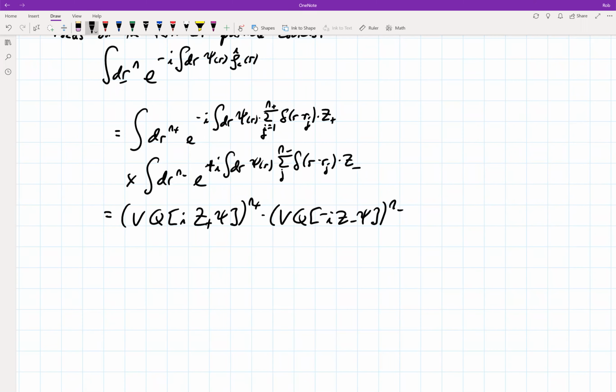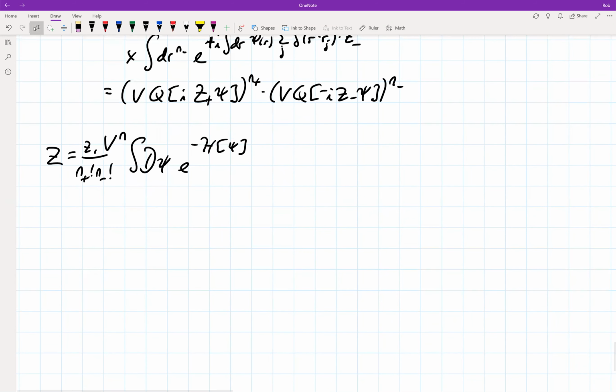And so what we end up with in the end is, so we have our new prefactor. We're going to have V to the n total, n plus minus factorial. Is that everything? I think I want to give a different index to this one because it should have a normalization constant in it. So we'll just call it Z1, to indicate that it's a little different, and then our new effective Hamiltonian, H effective,